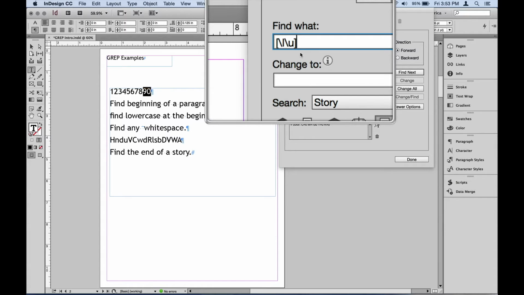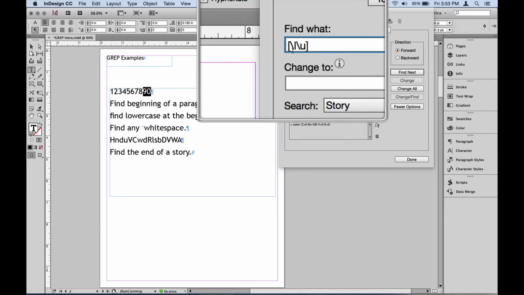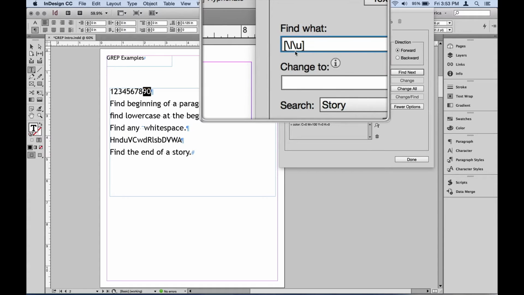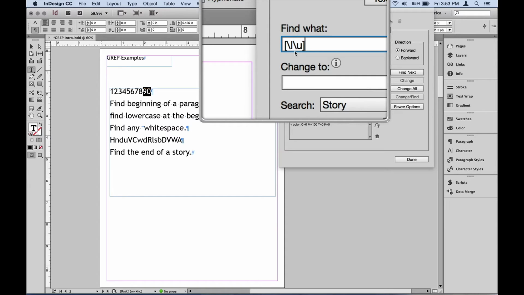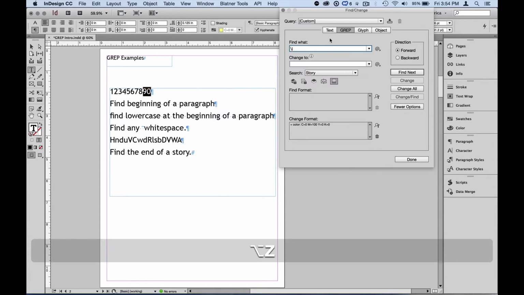When I said any letter, I get backslash L, that's a lowercase l, and backslash U. Each of those individually: backslash L is any lowercase character, and backslash U is any uppercase character. So if I put those two together, that means any letter. If I just wanted to look for any lowercase, I would do backslash and then lowercase l. When I say any, that's any